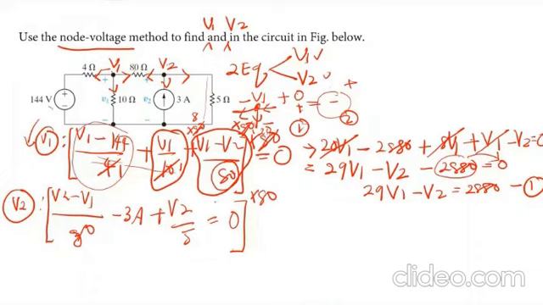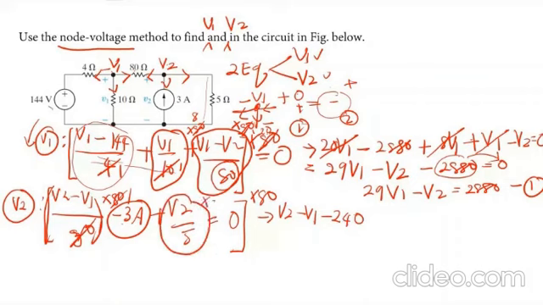So when you simplify this equation, first this part just times with 80. So what you get here is 1 and this one is 1. So what you get is V2 minus V1. And for this part, 80 times 3, so you get negative 240. And for this part, again, times 80, so that you will have 1 here. 80